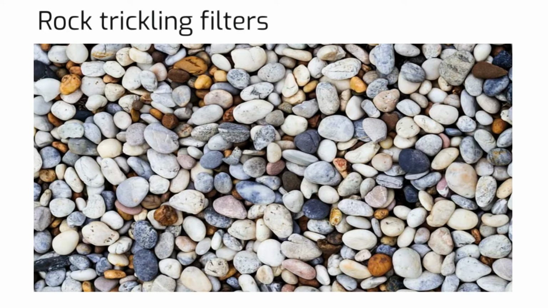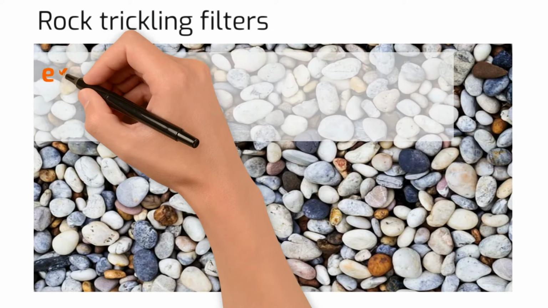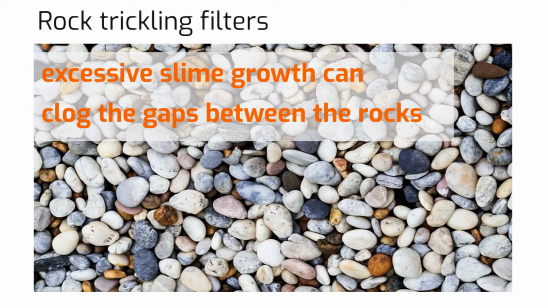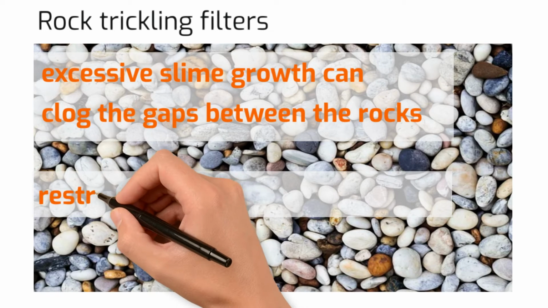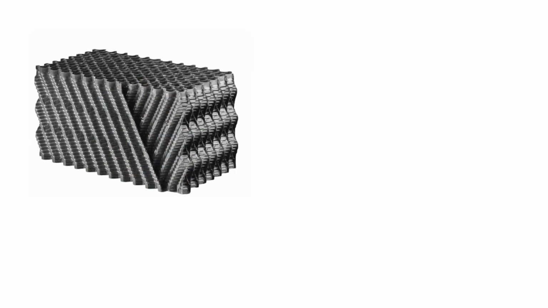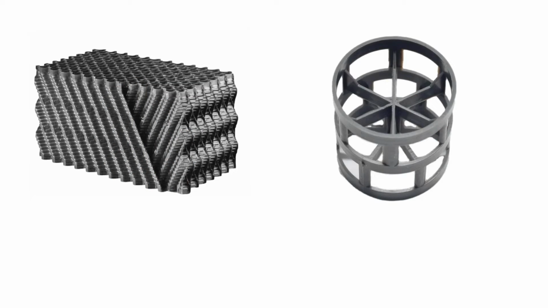In scenarios with a high load of organic matter, excessive slime growth can clog the gaps between the rocks, causing system overflow and failure. Additionally, the spaces between the rocks restrict air circulation, limiting oxygen for microorganisms and, thus, the treatment capacity. To address these issues, alternative media materials like corrugated plastic sheets and ring modules have gained popularity for